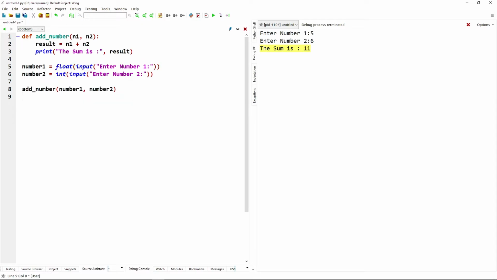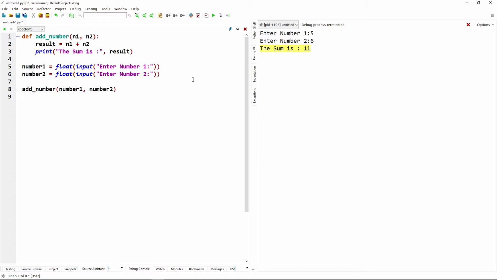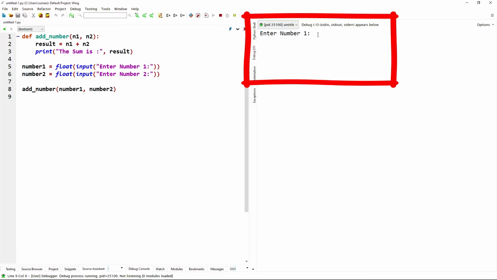Let's change int with float, and another one, number2, is now with float. So if we run the code now, enter number 1, suppose we have given 5.4, enter number 2, 6.7.